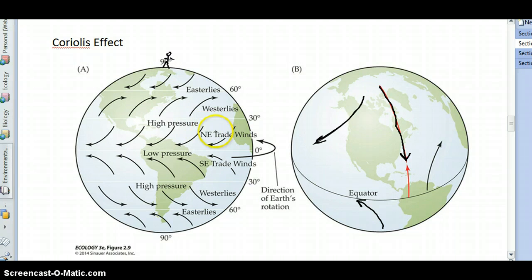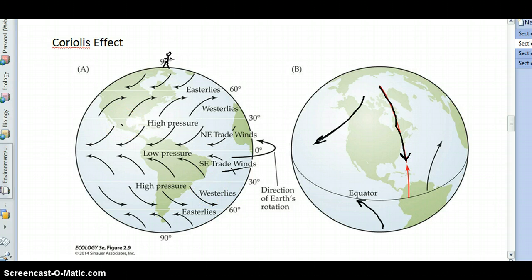All right, so you've got the wind moving from high to low pressure zones, you've got the rotation of the Earth and this Coriolis effect, and it creates these major movements of air, this wind around the planet. The masses of air that converge on the equator from east to west are known as the trade winds. The ones between 30 and 60 are known as the westerlies because they come out of the west,